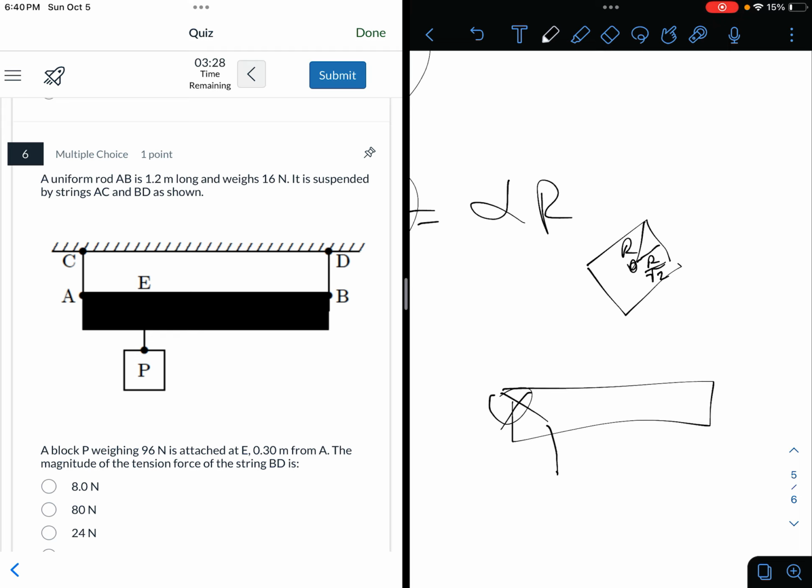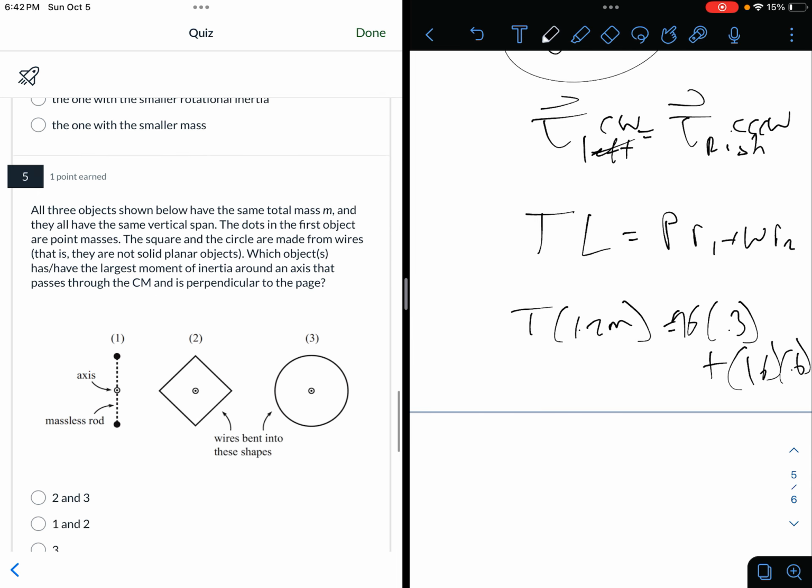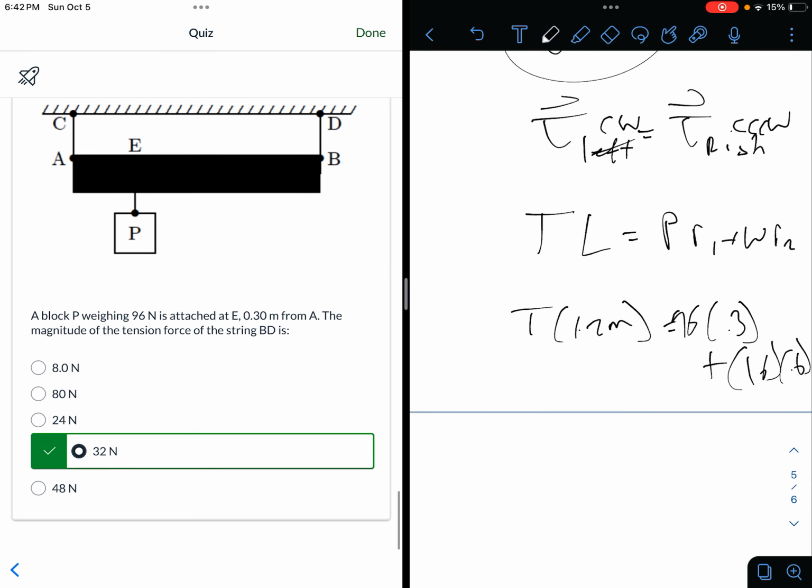Oh, I missed one. Okay, so let's see. Yeah, the hoop for sure should have the least angular acceleration because all the mass is distributed on the outside. Everything else looks nice. All right, thank you for